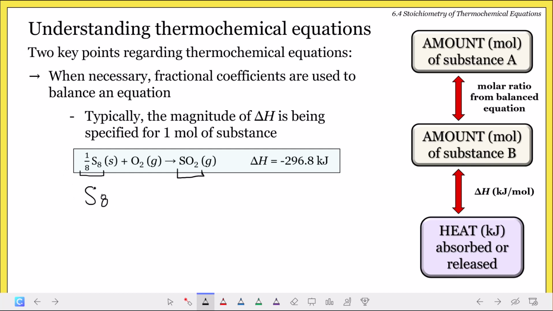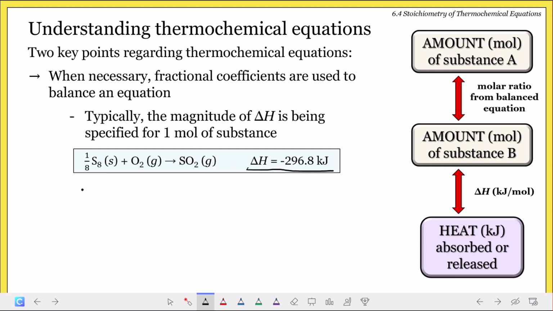So if I only want 1 sulfur atom, because I'm just looking at the formation of 1 mole of this substance, then I'm going to put this funky coefficient here. Okay, we do all of our calculations the same way. It shouldn't scare you too much, but you should be aware that we're going to see stuff like this. It's because typically we're specifying this delta H for the formation or the decomposition of 1 mole of